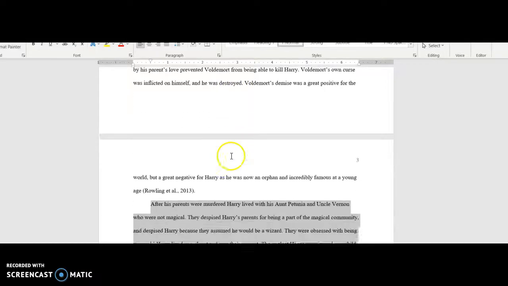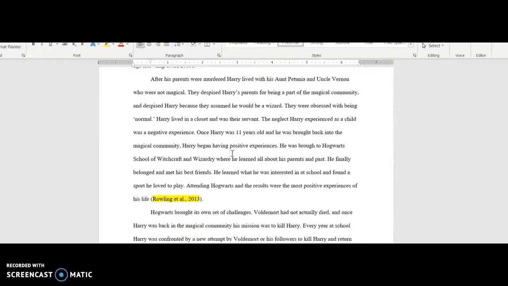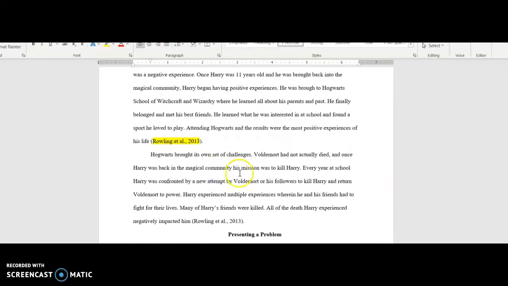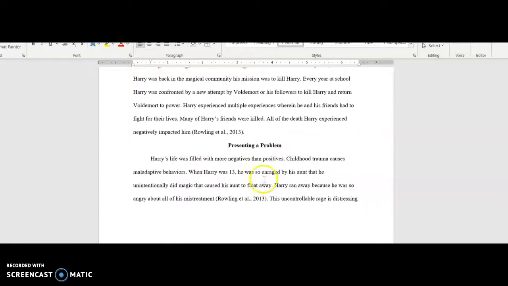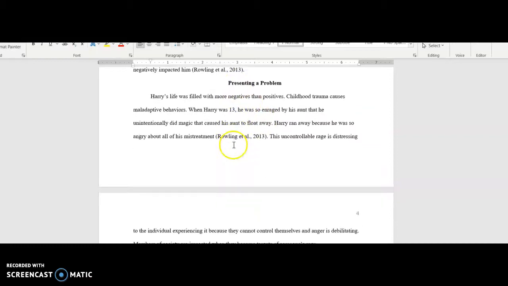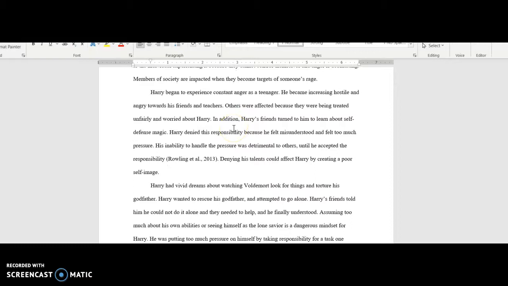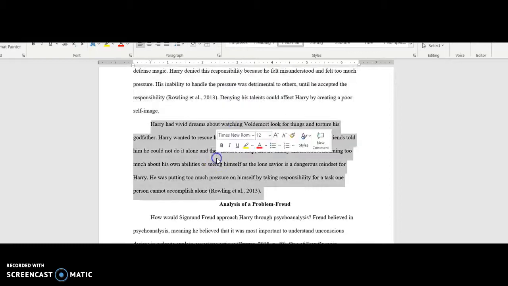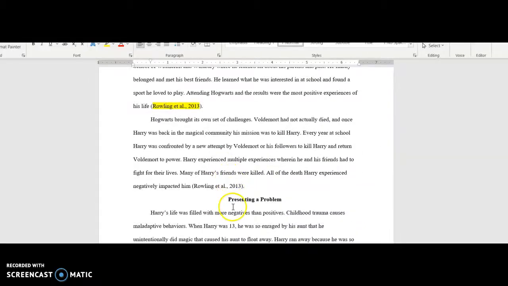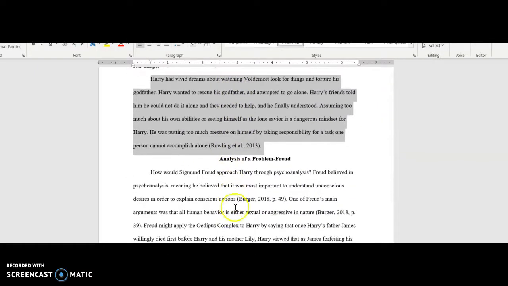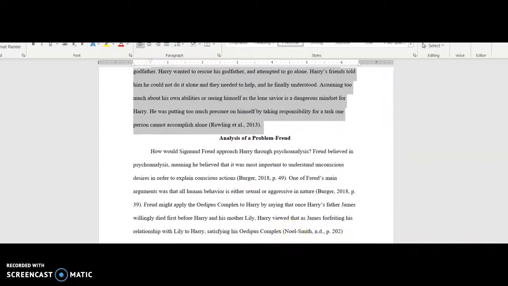It stays in double spacing in the format. It goes over the actual character, okay? And there's a summary of it. That's fine. That's going to happen in this. So when you're presenting the problem, you're also going to go over a little bit more of the problem itself. But now, when you get to the end of this section, presenting a problem, you should be done exhausting the